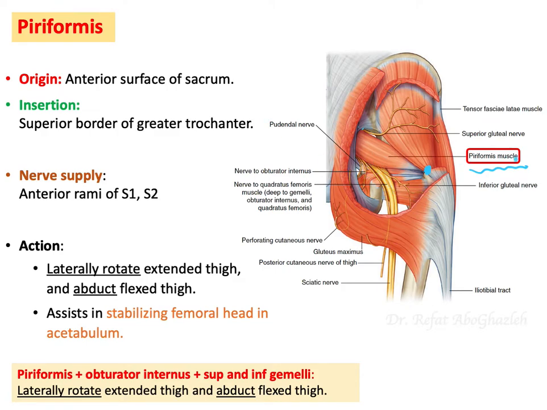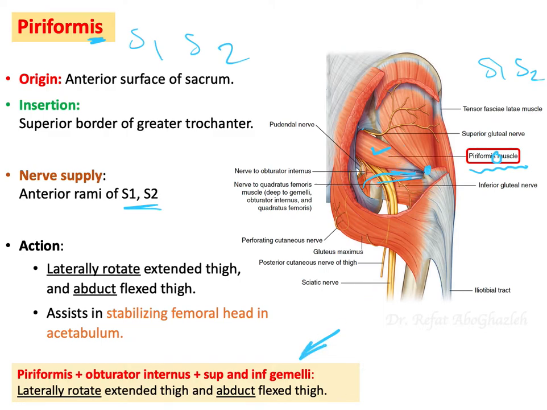So it originates by, remember, piriformis S1, S2, the innervation, right? Piriformis S1, S2, and now you have to imagine the function. But there is a general rule, not just about the piriformis, but about piriformis, superior gemellus, inferior gemellus, and obturator internus. So these four muscles, they share the same function,